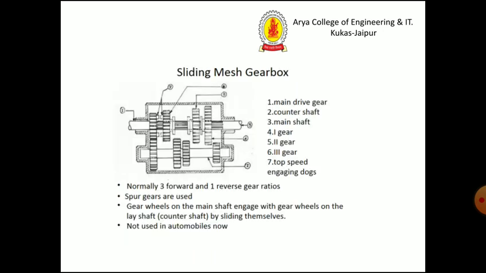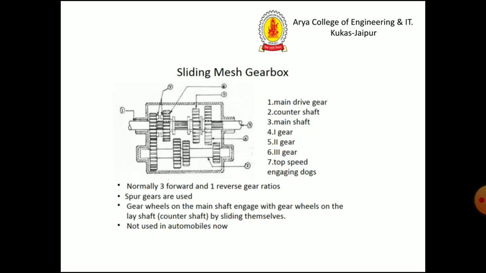So the sliding mesh gearbox, as we can see in its constructional details, has a main driver gear, a counter shaft, then a main shaft. On the main shaft there are 3 gears, first, second and third, and a top speed gear also mounted on the main shaft,